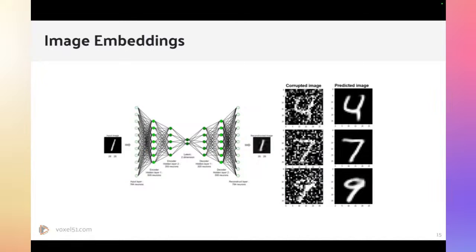You can do the same thing with images, and in this case, we're looking at an autoencoder model. So this is looking at MNIST. These are 32 by 32 black and white images of digits, 0 through 9, and you can pass them through a model that shrinks the representation down to a very small size, and then tries to expand it back out to the size that it was initially. Basically it tries to do this type of compression where at the end of the day, the representation that comes out of the final layer of the network is as similar as possible to what went in. So it's like encoding it in a small amount of data and then decoding it.